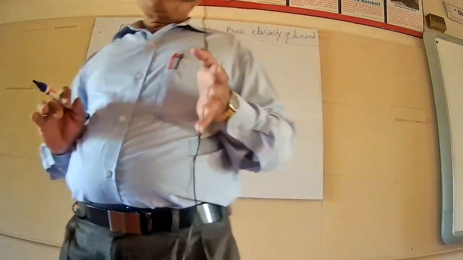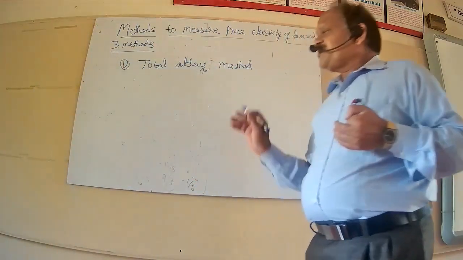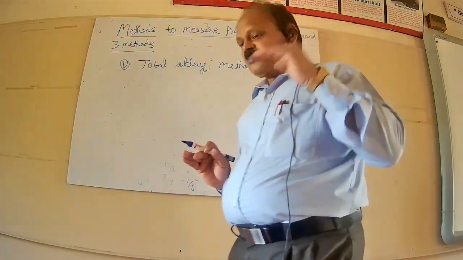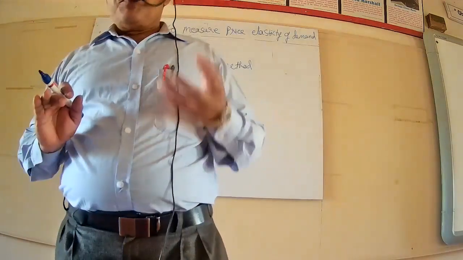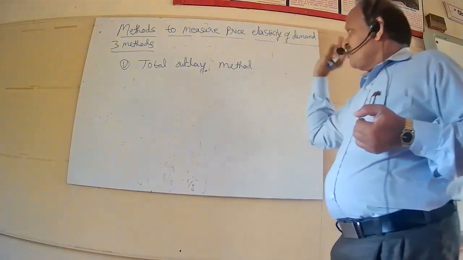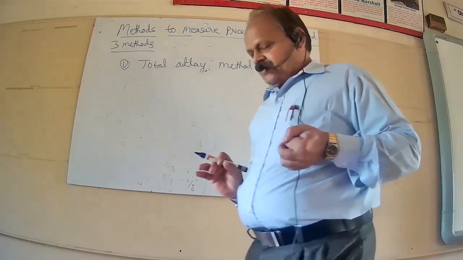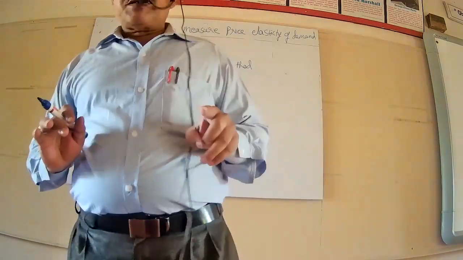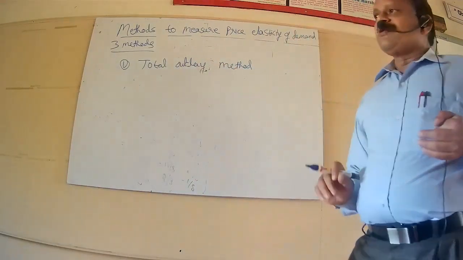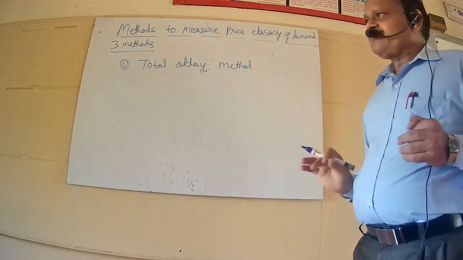Then how to identify the inelastic demand? In this case, as the price of a commodity decreases, the total outlay made on that commodity will also decrease. If this is the behavioral change, we can identify it as the inelastic demand. Then what is unitary elastic? As the price of a commodity falls, if the total outlay made on that commodity remains the same, then that type can be identified as the unitary elastic demand.